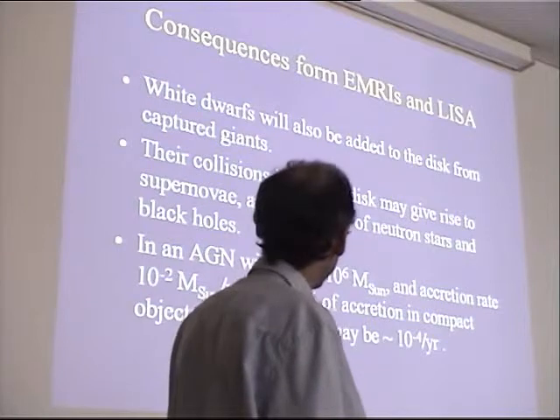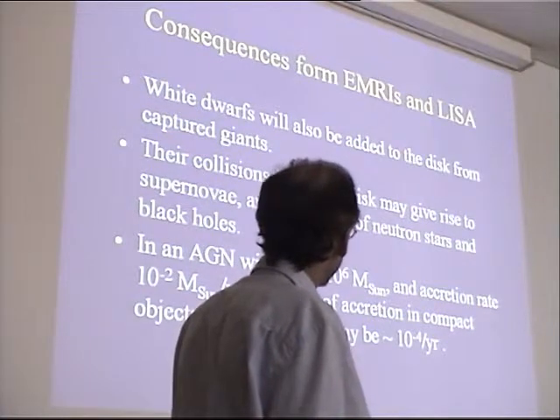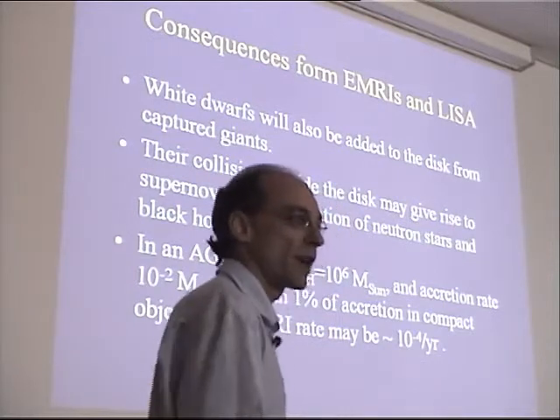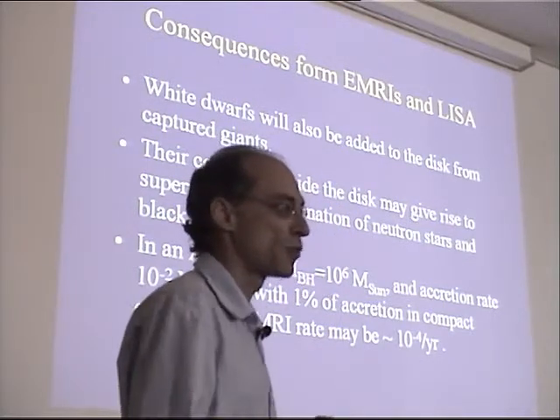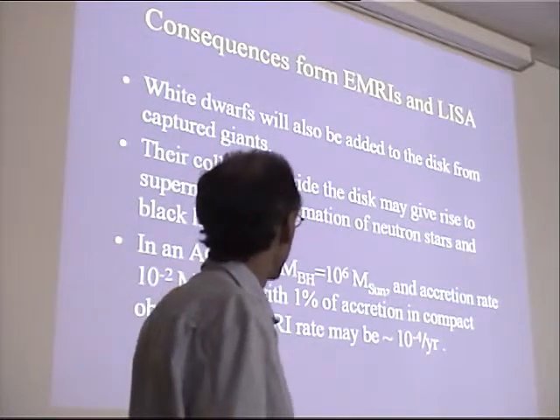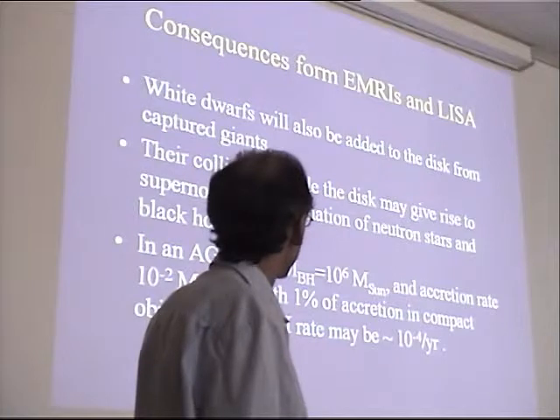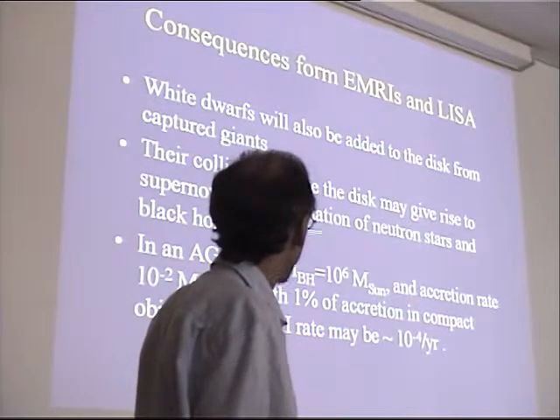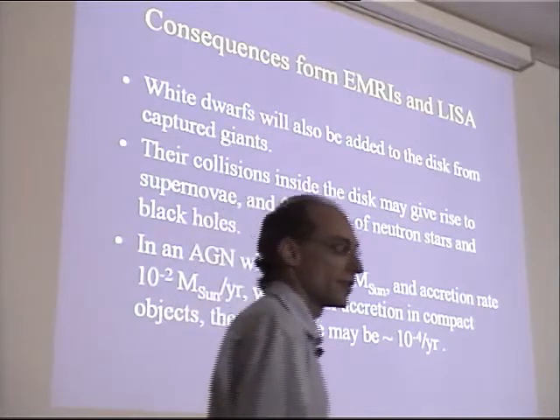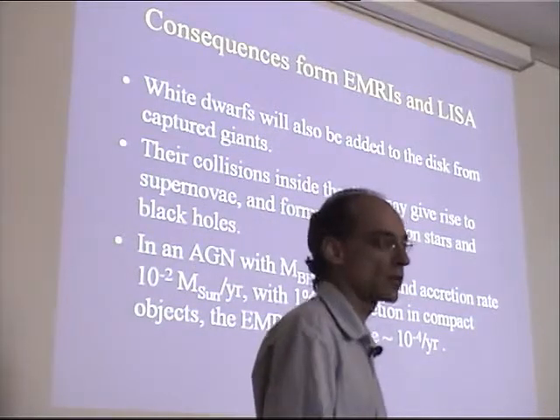There may also be collisions sometimes of a white dwarf with a main sequence star, then the main sequence star will be destroyed. But then if you have collisions between two white dwarfs, presumably you have a supernova. A supernova will not be very much compared to what's going on in a quasar, so you may not have much of a consequence. But anyway, you might have formation of neutron stars and stellar black holes, so you might end up with a number of those inside the disk, if this model is correct.